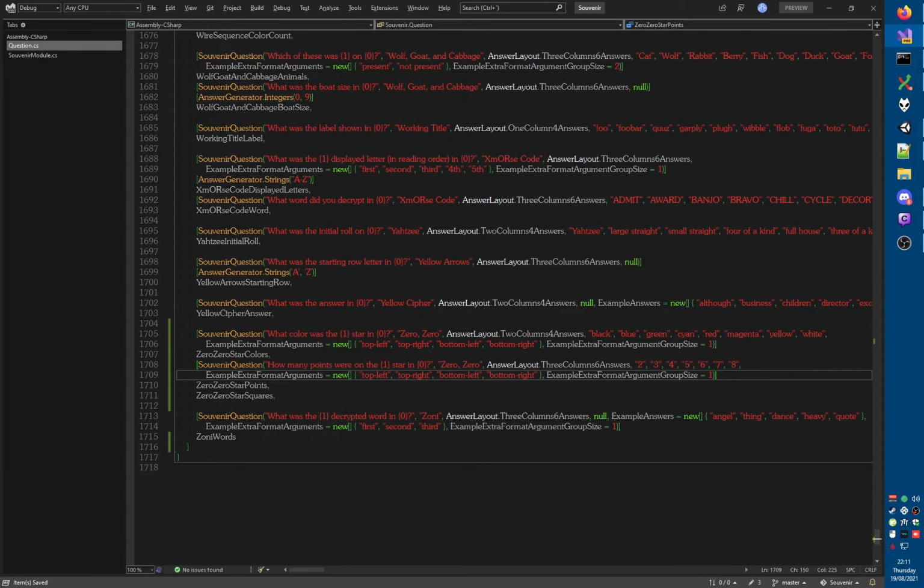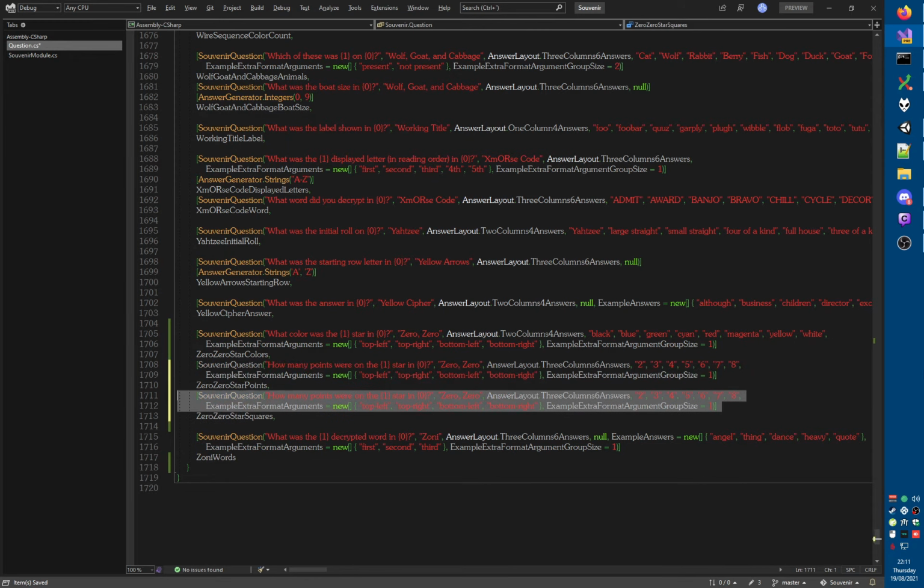Same format arguments, that is still the same. And then the squares, of course. Okay, now I have